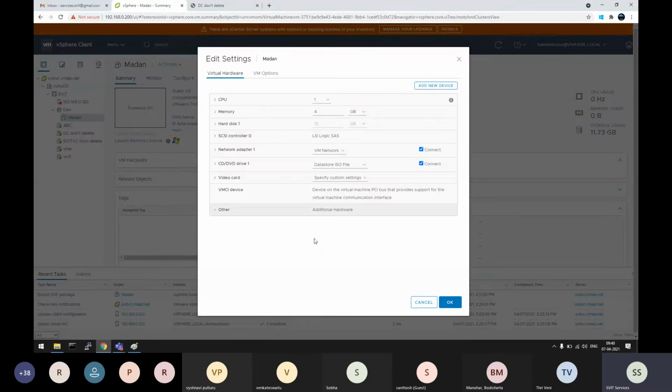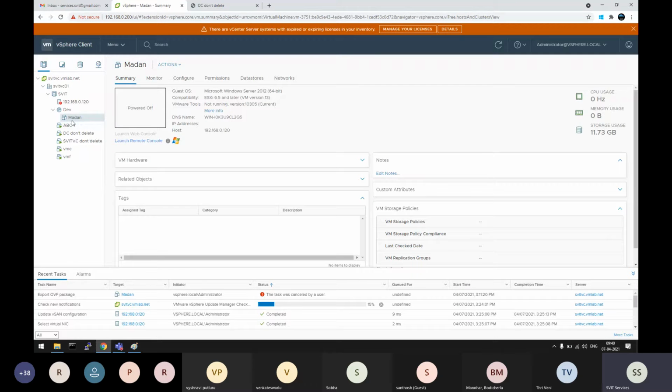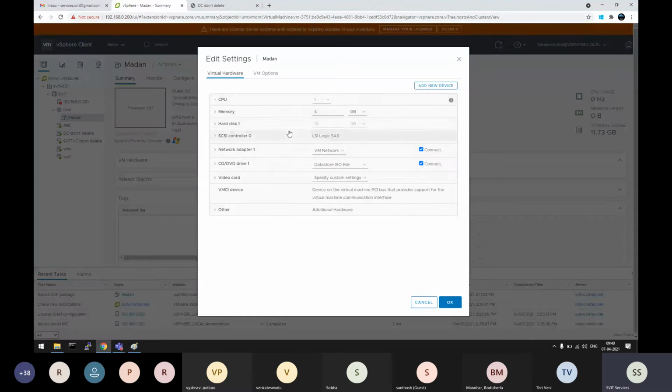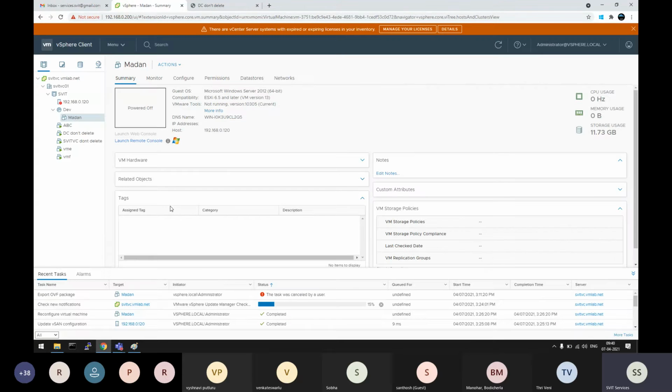If you want to see the physical hardware of your laptop or desktop, you know what we have to do. Shut down the laptop, remove the power cables, open the box, and you can see the physical hardware. That takes some 15 to 20 minutes to open completely. If you see this virtual computer, in 2 seconds we are able to modify its resources also. We can increase or decrease these resources. Let's say this machine is not working, 4 GB RAM is not enough. We can increase it to 8 GB immediately, in less than a minute. If it is a physical computer, we know how much time it will take.